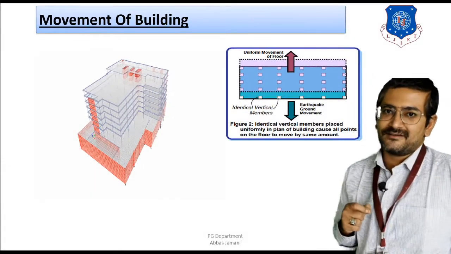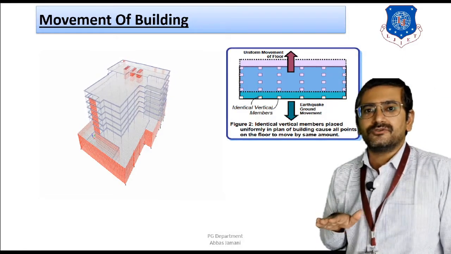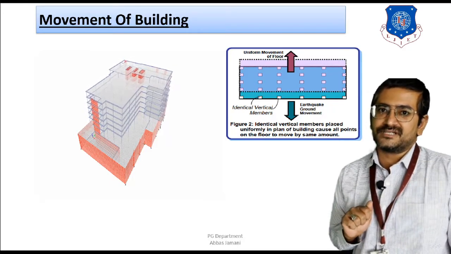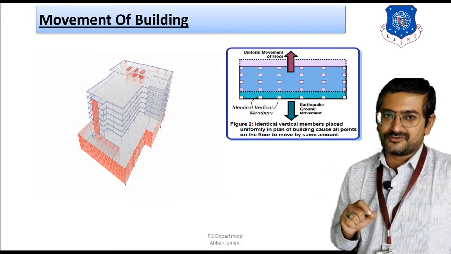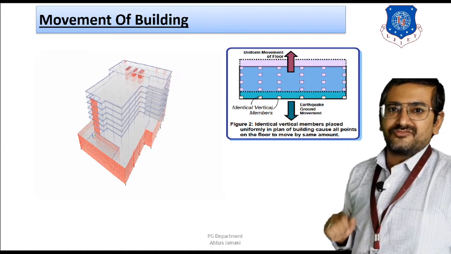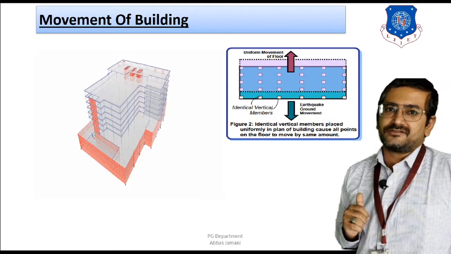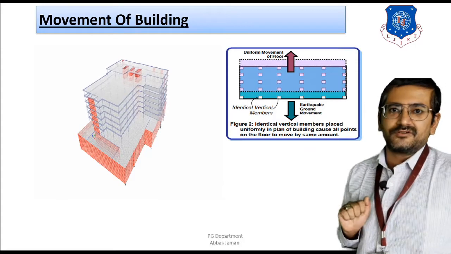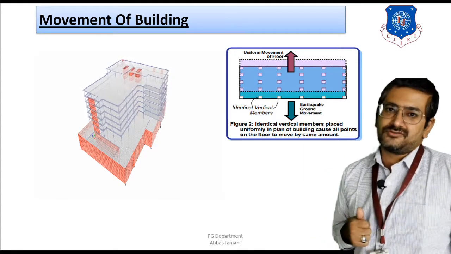Now, in order to ensure good performance of the swing, or if you want to have a fruitful ride, it is necessary that the rope swing should move uniformly. To ensure the uniform movement of the swing, the length and mass should remain constant throughout, or remain stable, right? In the case of buildings also, if you want the movement to be uniform under the application of lateral loads, then the thickness has to be uniformly distributed along the height and also in the plan, and at the same time the mass has also to be evenly distributed.